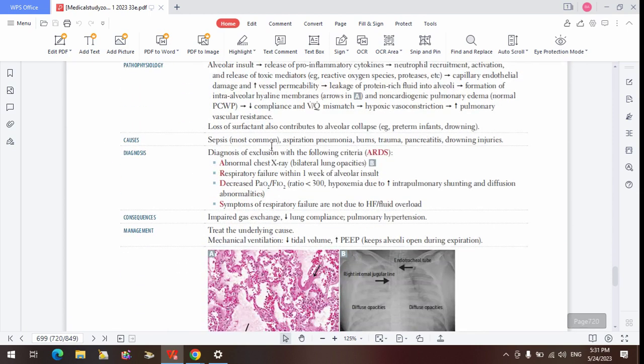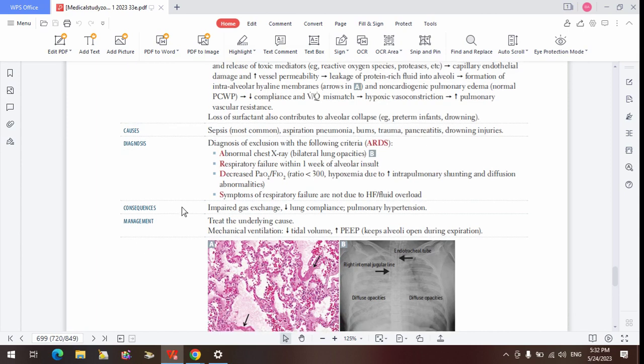Okay. So always remember that formula. That formula will always help you to know what is happening. So that is why these conditions cannot actually cause a normal AA gradient hypoxemia. They will not cause normal AA gradient. They will rather cause increased AA gradient hypoxemia. Do you guys get it now? Yes. Okay. Thank you.